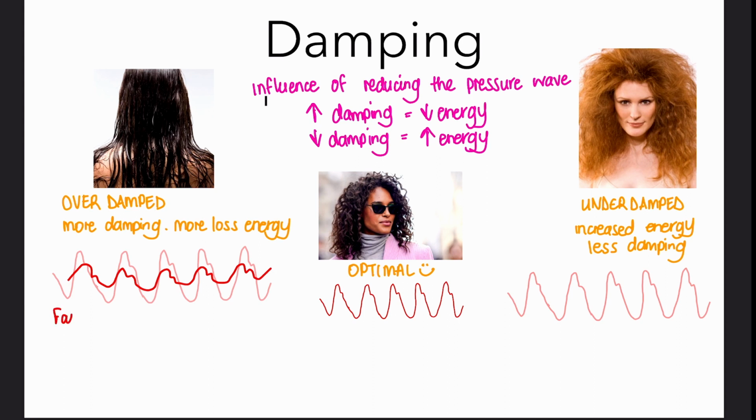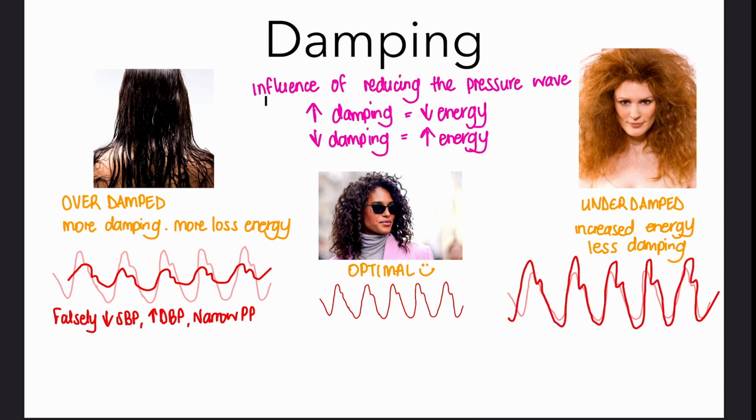If it is overdamped, you're going to have a falsely decreased systolic and a falsely increased diastolic. And on the opposite side, with underdamped and the increased energy, you will have a falsely increased systolic and decreased diastolic than what is actually accurate. What's important to note in all of these cases is that the mean arterial pressure is reliable, but you'll have these inaccurate